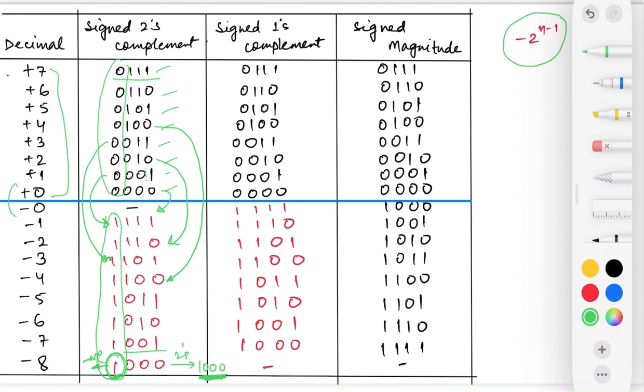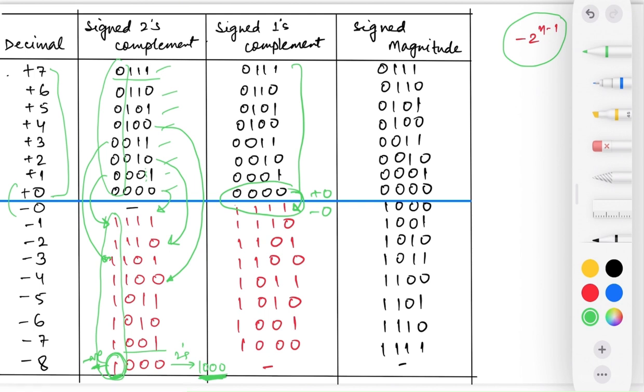Now coming towards the one's complement number system, these bits are the same. Now you can check, take one's complement of 0, you will get 1 1 1 1. That means in the one's complement number system there exist two values of 0. One is plus 0, the second one is minus 0, which is not so good for a number system to have two values of 0, because 0 is neither positive nor negative, right? So this is a drawback of this number system.